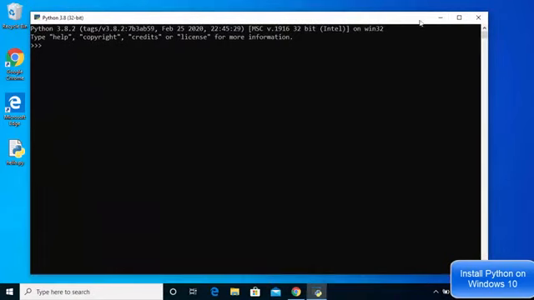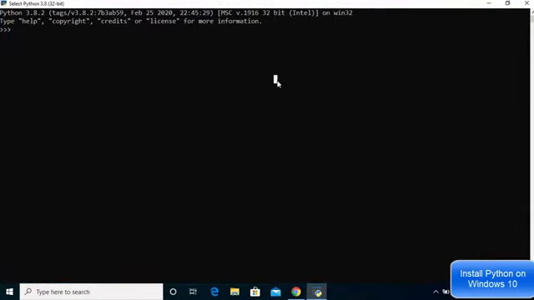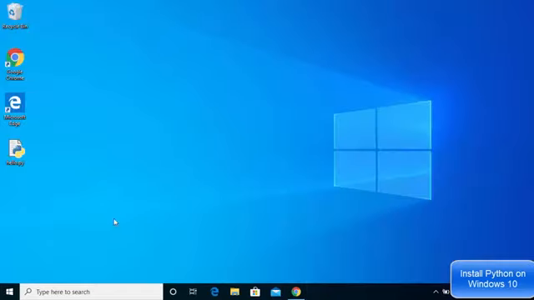And now I'm going to just print hello world here also. So I'm going to just write print, and then in the brackets just write hello world, and then close the parenthesis and then press enter, which is going to print hello world. So this is also working. If you want to use the Python terminal, use this one, or if you want to use the IDLE IDE, you can use the IDLE IDE also.